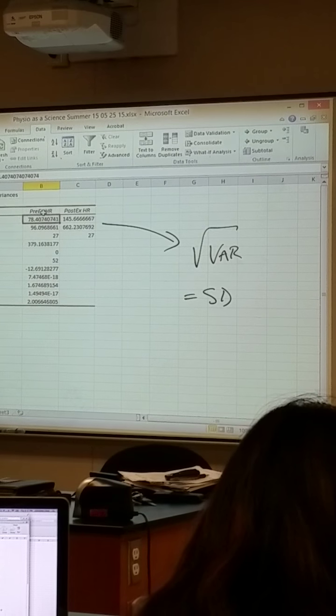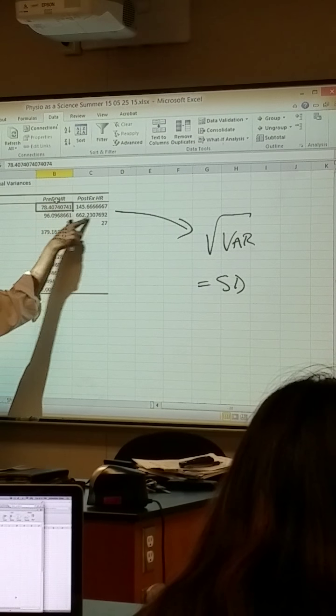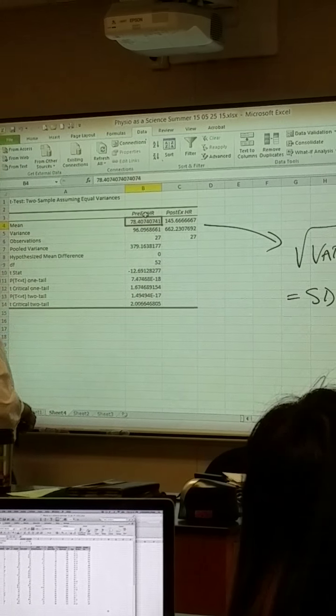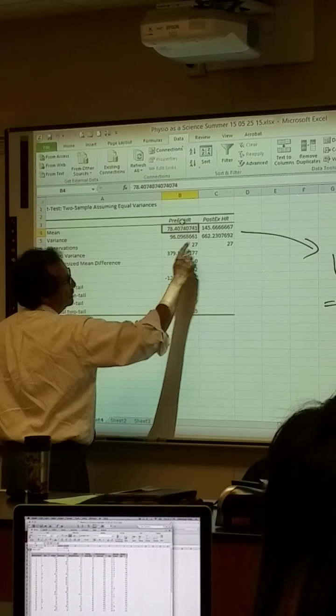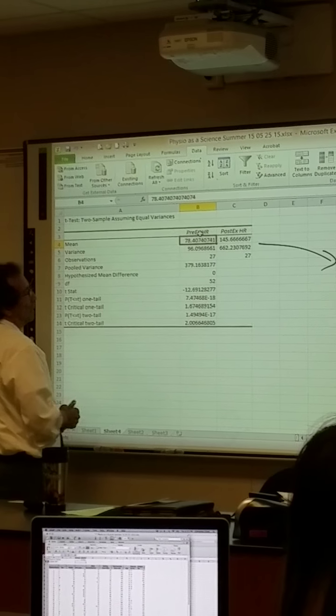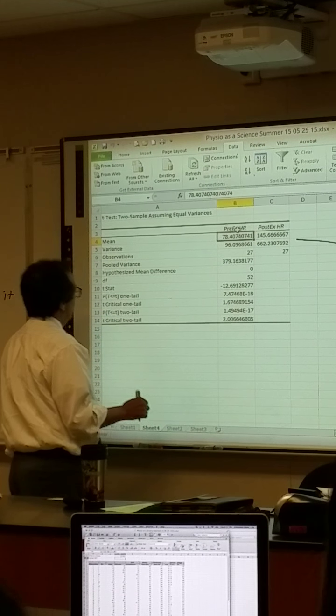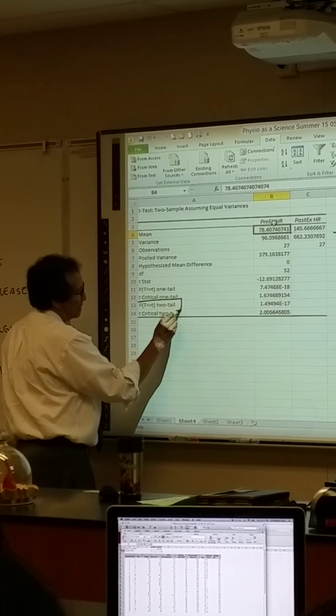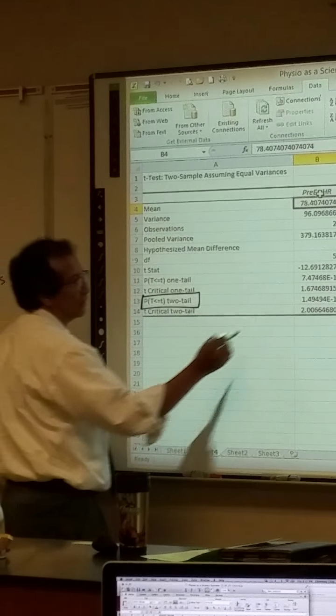Because you can calculate the standard deviation, but if you take the square root of the variance, it gives you the standard deviation. Notice that it counts for you how many samples you have, and it tells you that it's full data, so I'm going to ignore that for a minute. What I need you to do is look at this particular section right here, the p-value you're looking for